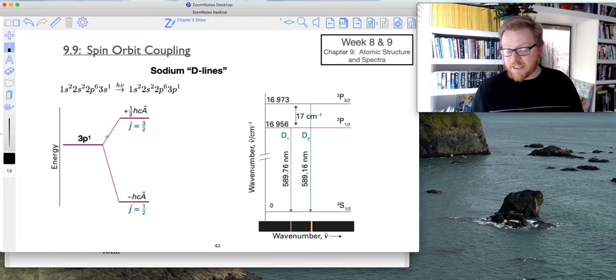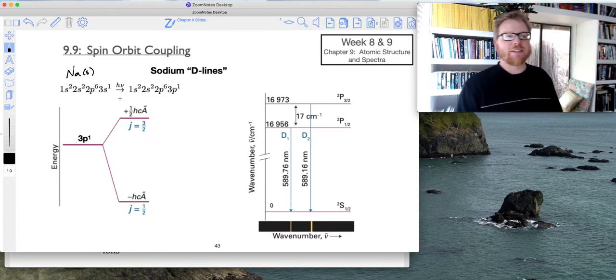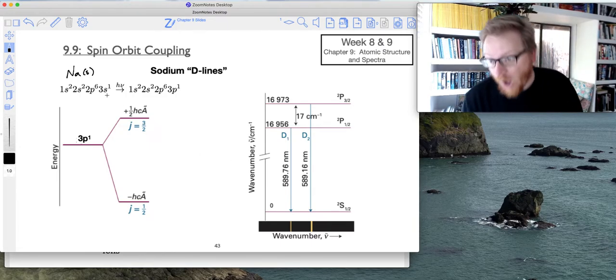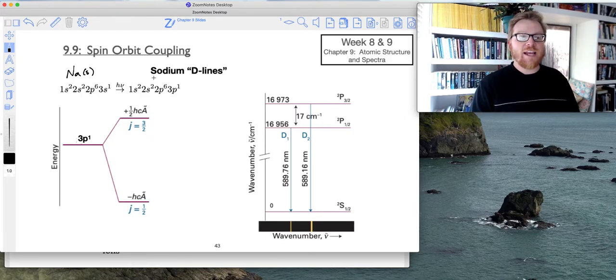So here's a realistic example. The sodium D lines, and this is the very famous, lovely yellow sodium glow that we're used to seeing in a flame, right? And it's approximately 590 nanometers. Okay. Well, as it turns out, when you look at sodium ground state, and we'll say sodium solid, 1s2, 2s2, 2p6, 3s1. This creates